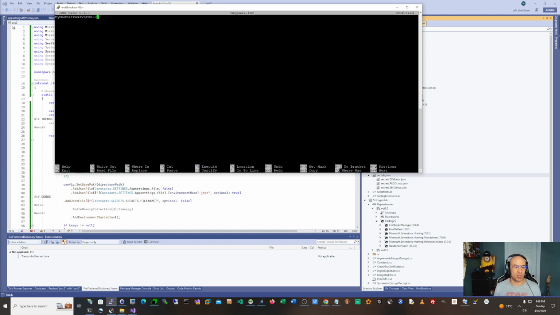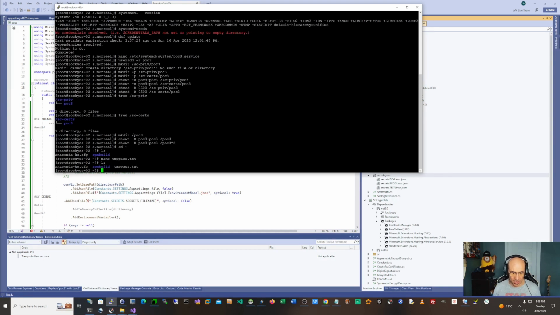So don't use those characters, but you can use all of the other ones. I just found that those ones particularly gave me trouble. So I'll save this out. So now we have a text file with our secret password that we want to put into the service file,